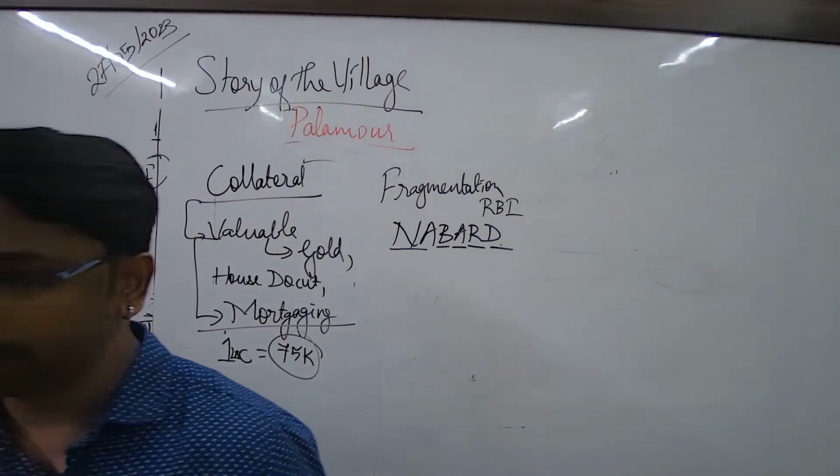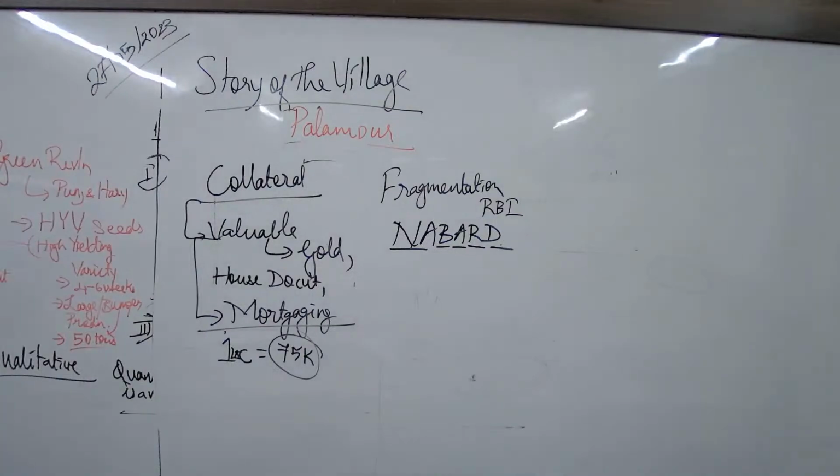Write this: if I give some valuable item to the bank and take a loan, and once I repay the loan, they'll give it back to me as it is. Now write the first sentence given in the book as it is. Second sentence I'll give. Be quick. This person asked so many doubts that I can finish this chapter at least today.